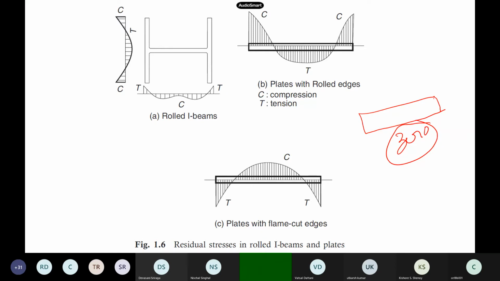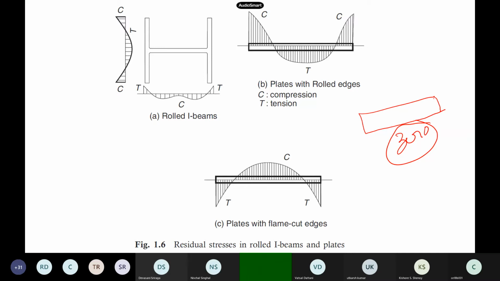But in steel, the unfortunate thing is, you have an I section or a channel section. When no load is applied on the section, stresses will be zero. But in steel, the problem is that they manufacture these sections in the factory. How are they manufactured? By heating, then cooling, all kinds of things. When cooling these sections, it has to be uniform cooling.